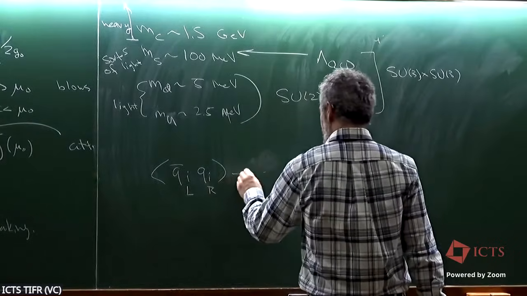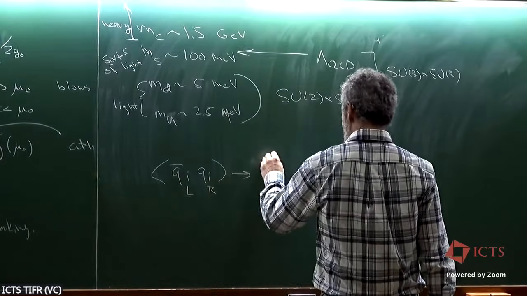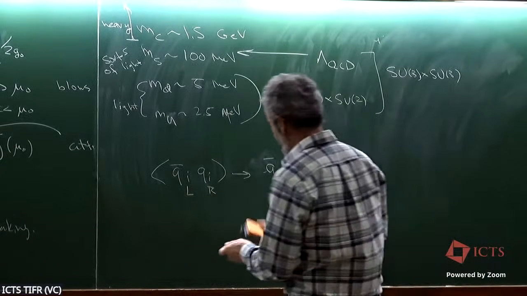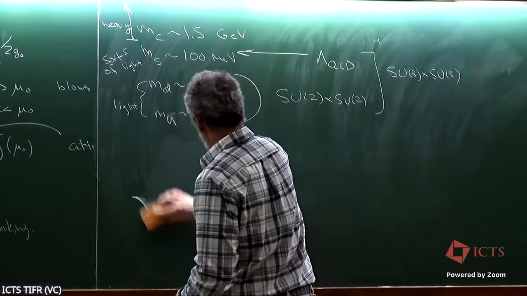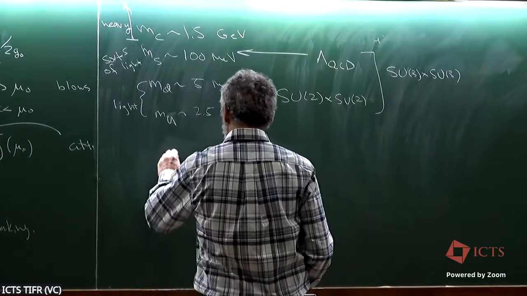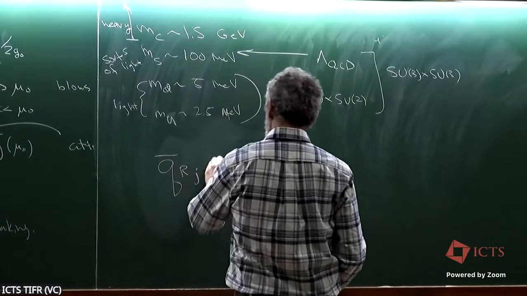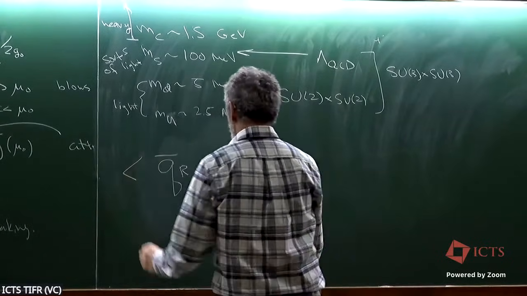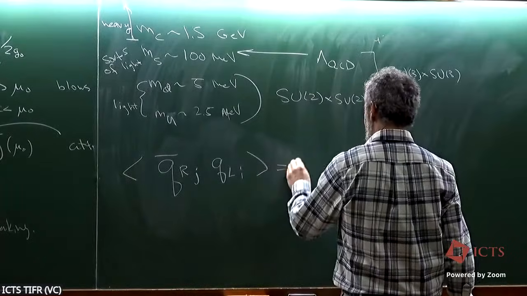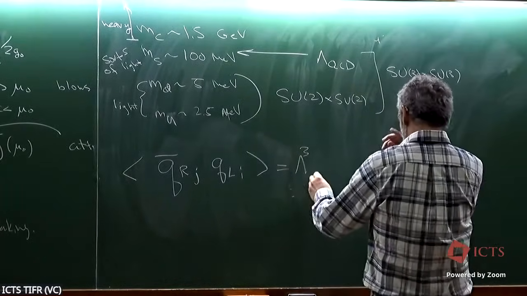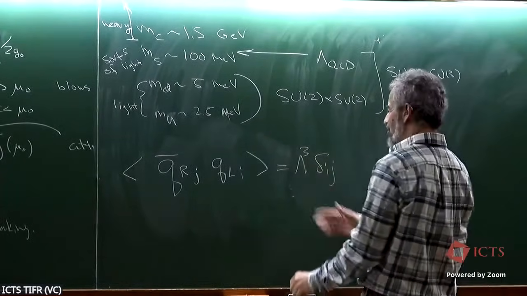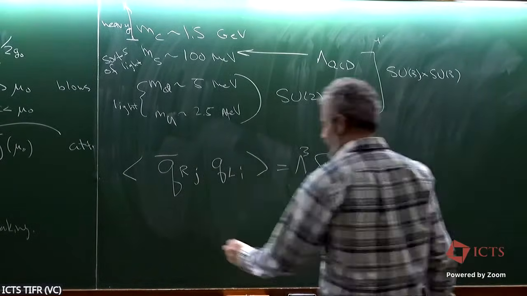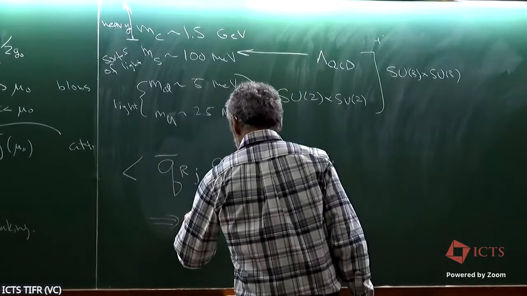So this would go to Q bar, let me write this as Q bar R J Q L I. We're saying that this is going to be some scale, I don't know what it is, delta IJ. I mean, it's on the order of the strong scale. And under SUN cross SUN,